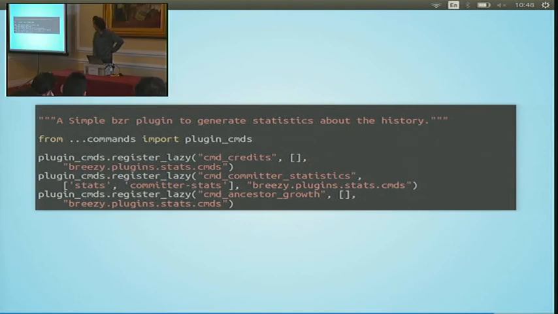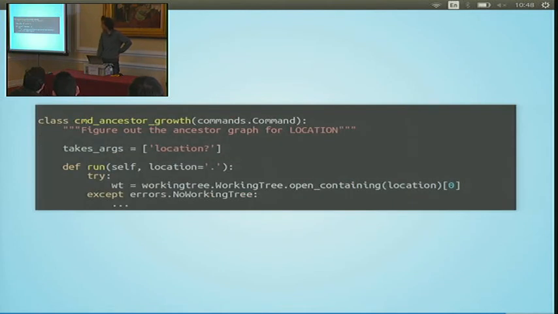This is the top level thing. Basically, you just register the commands that you're going to use. All of this is done via lazy registration because Python imports are slow. There's been an interesting thread on Python Dev about that recently. But it's mostly straightforward. You just register your code and then you implement a command like this. So you subclass the Command class, you have args defined as a class argument, and then you have a run function that takes the arguments you expect and then creates a working tree or does whatever else you need to do on the actual code at the end.